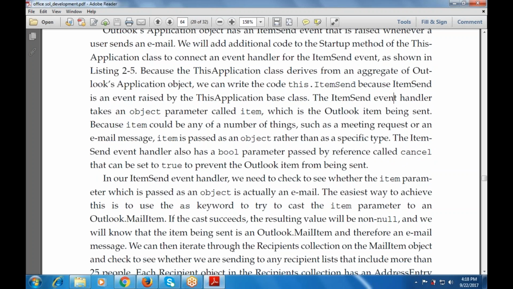And in our ItemSend event handler, we need to check whether the item parameter, which is passed as an object, is actually an email, by trying to cast the item parameter to an Outlook MailItem. If the cast succeeds, the resulting value will be not null, and we'll know that the item being sent is an Outlook MailItem. Therefore, whenever we are dealing with an email message that is used to send the email,